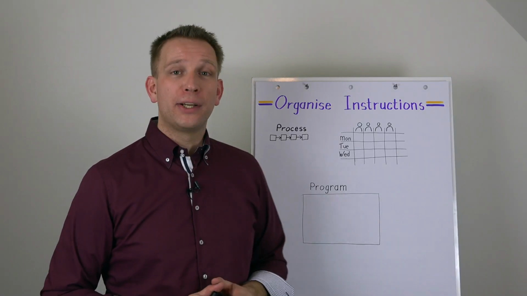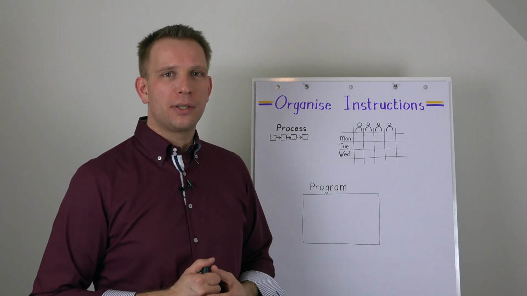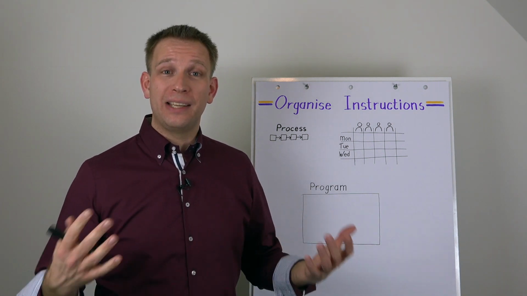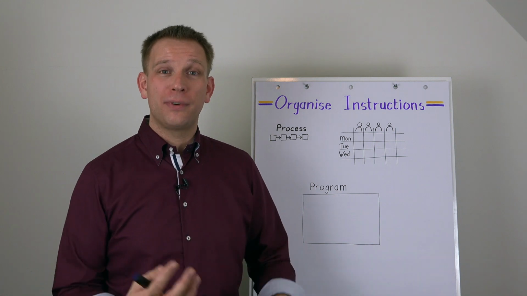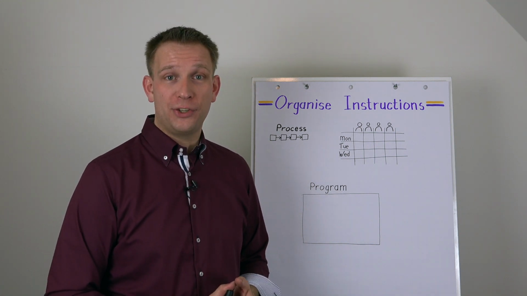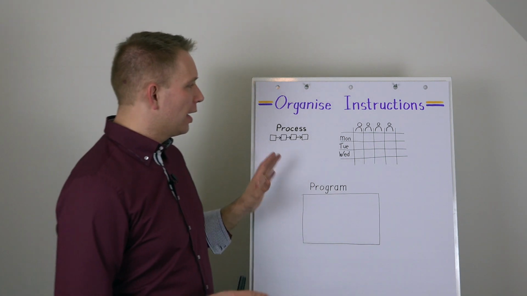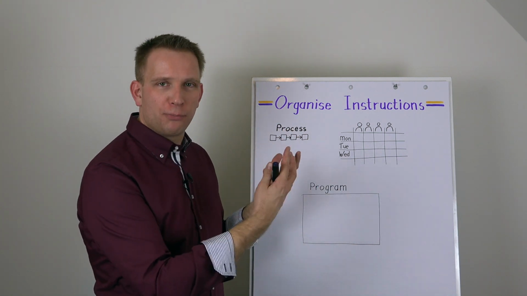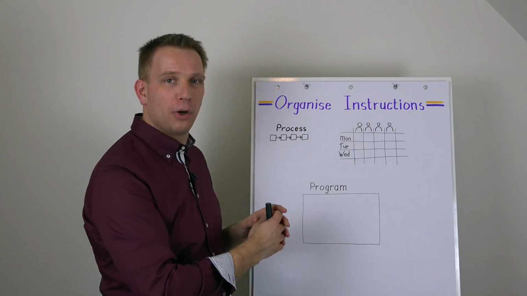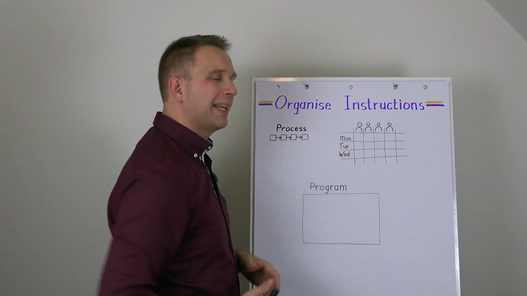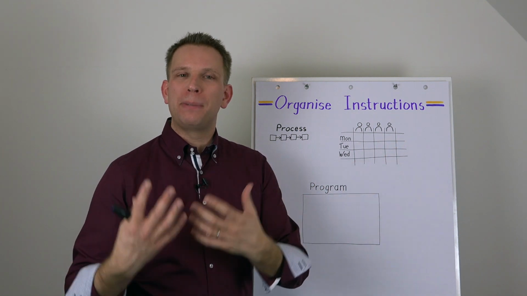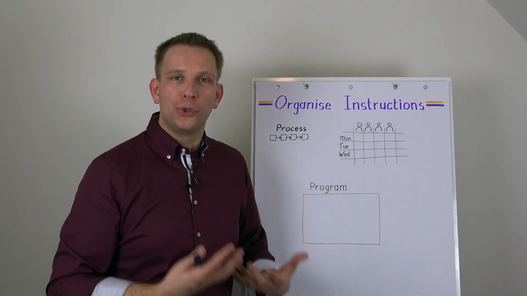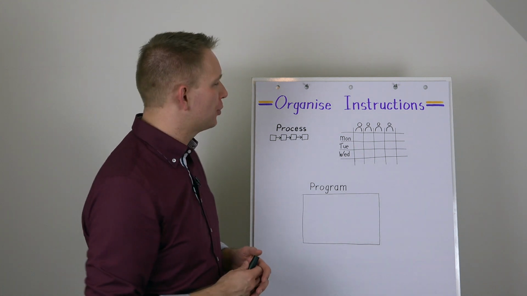But today we will be going into how to organize your work instructions once you have them, because it would be such a waste if you cannot really use them, cannot really find them because of poor organization. Now, the two things we will be looking at first is to think in terms of the processes, so think in terms of your system, or thinking in terms of your people. And then more, how do you plan and how do you use your people? So what should they be able to do?